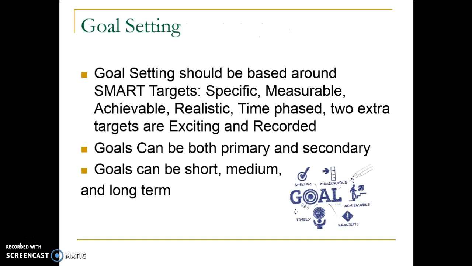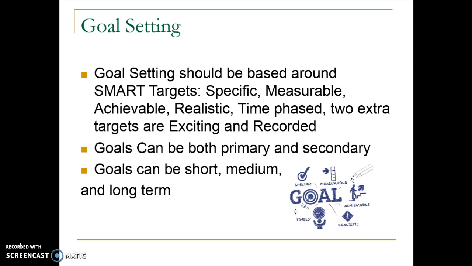Firstly, to look at goal setting. When setting a goal, you should always base it around the SMART targets. These are specific, measurable, achievable, realistic, and time phased. So start with specific, ensuring that your goal is specific to your sport, and specific to ensuring that you are able to see those improvements in your position maybe, or within your role within